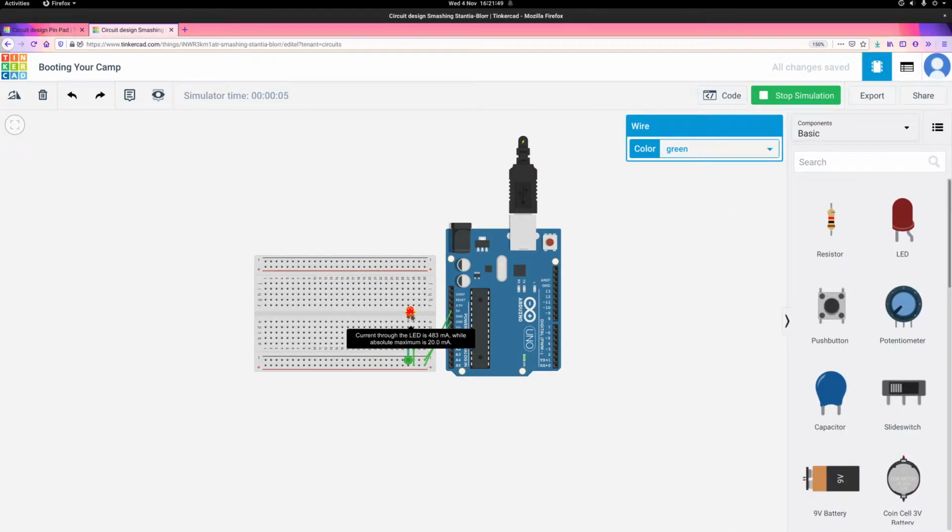So, our LED has this little explosion symbol on it. Now, in real life, your LED probably won't explode, but it will break. And it's telling us here that the current through the LED is a whopping 483 milliamps, but the absolute maximum is 20. So, what we need to do, as was pointed out by Philip and Jacob, was add a resistor